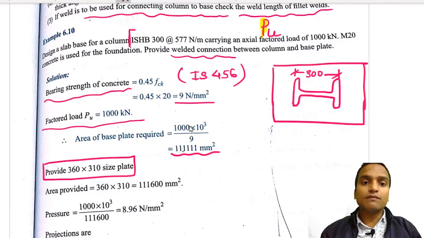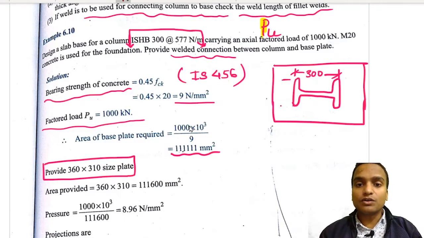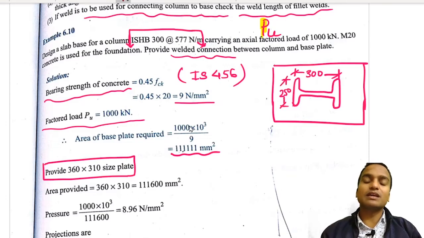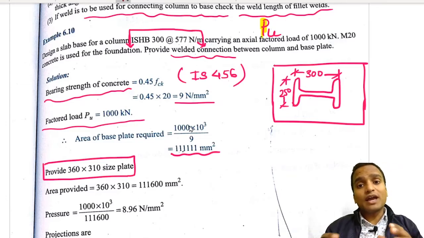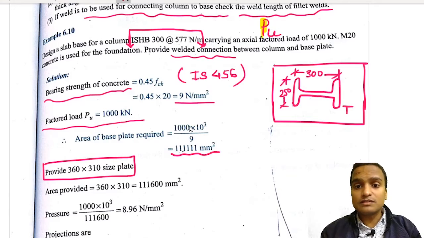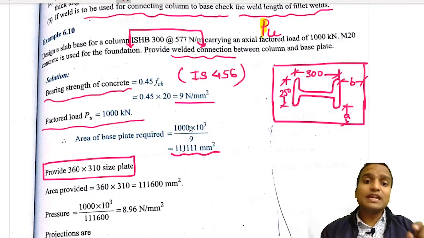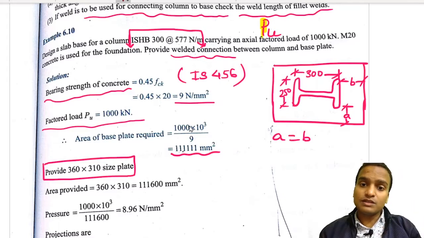So if you check the width of flange for this steel section from the steel table, width of flange is equal to 250. All right. So of course we can guess that length and breadth of this plate will be greater than 250 into 300. So as we have discussed, the projection which is A and B, now A is this, okay, and B is this. So A and B should be equal. So we can assume that A is equal to B is equal to 30.